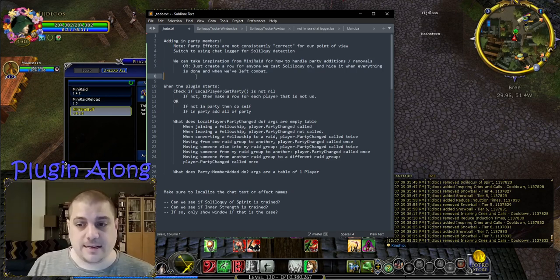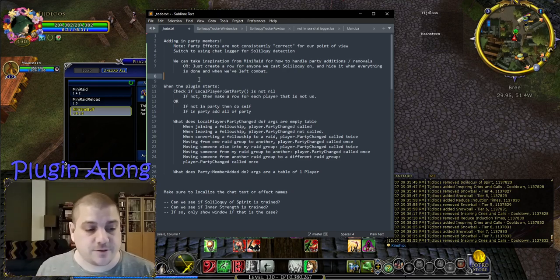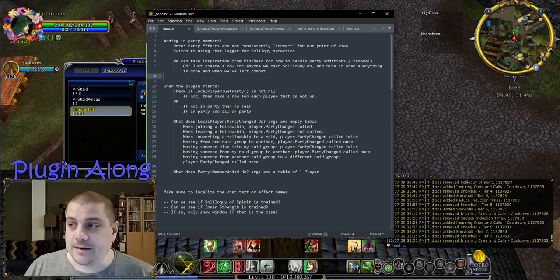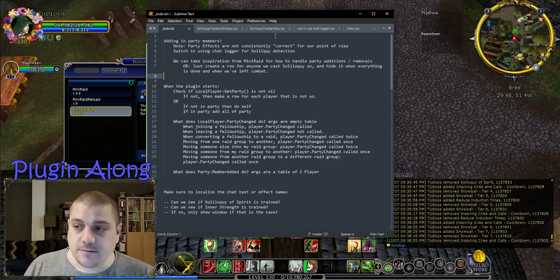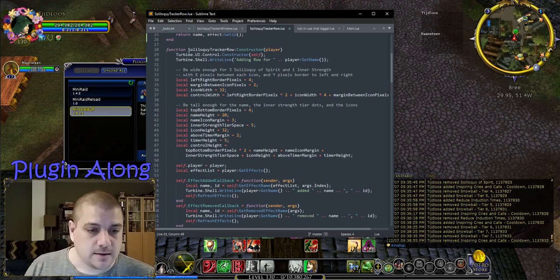And then we can kind of ignore all the complications of fellowship and raid as just being a little bit beyond our purview. We're not a full-blown MiniRaid substitute after all, not even close. And yeah, I like that. It'll simplify things dramatically. When we see that we've done a soliloquy, we'll either already have a row for that, or we'll create a new row. So that does mean,